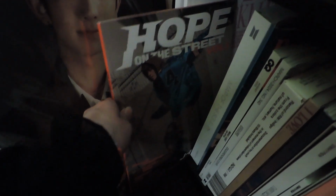We have ITZY. This is also an ITZY album here. Hope on the Street. Map of the Soul. I didn't actually buy this one for a long time after it came out because I was just getting them digitally, but then I realized almost all my favorite BTS songs are from this album, so I bought a hard copy. And then I have Don't Call Me by SHINee,